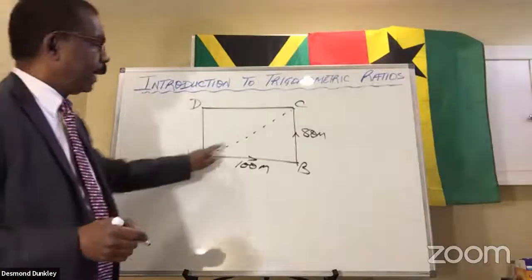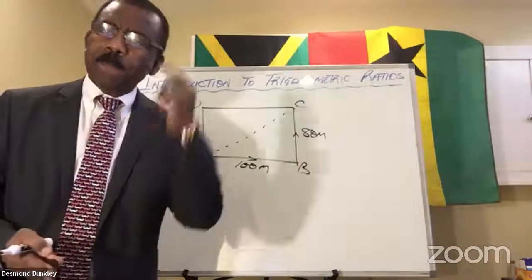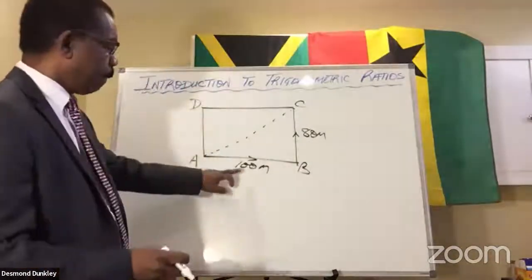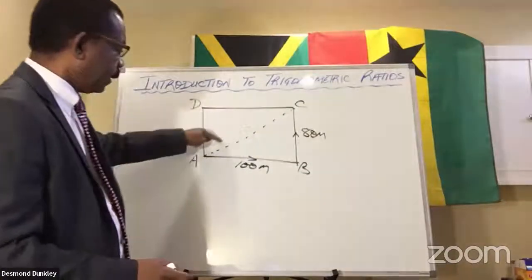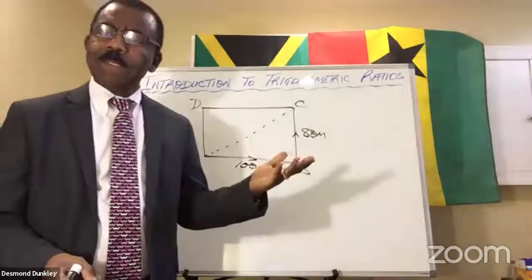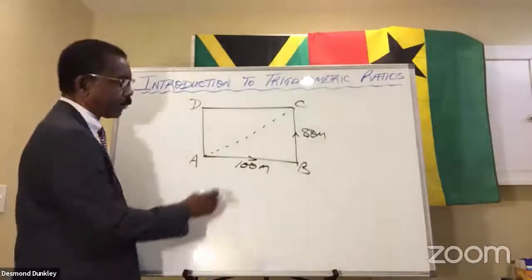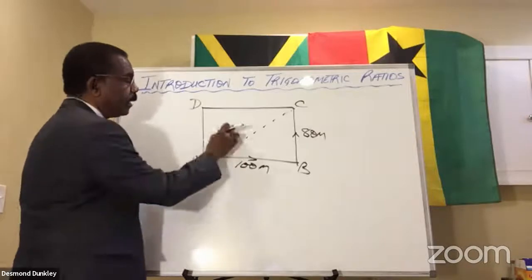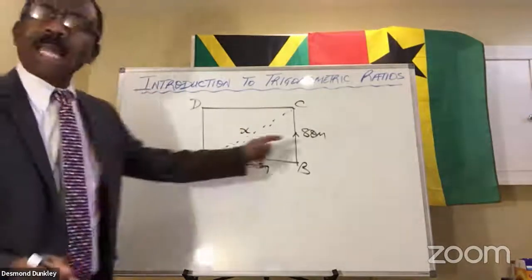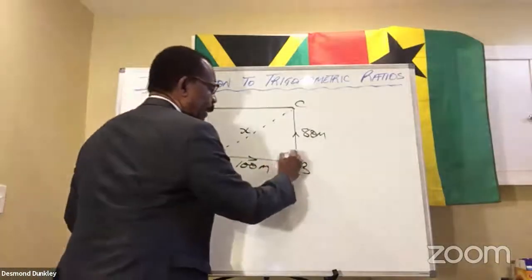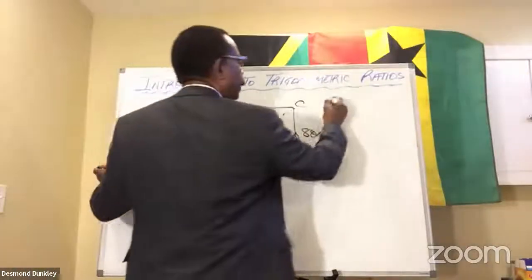how far it is from A to C, back in the days before we knew the Pythagorean theorem, would have to measure this. We know that this is 100, this is 80. Would have to measure this, and then would know that distance. But as of last session, we discovered that we could actually calculate this number. Let's call this x. We could calculate x, assuming that this is 90 degrees, because we discovered that through Pythagorean,